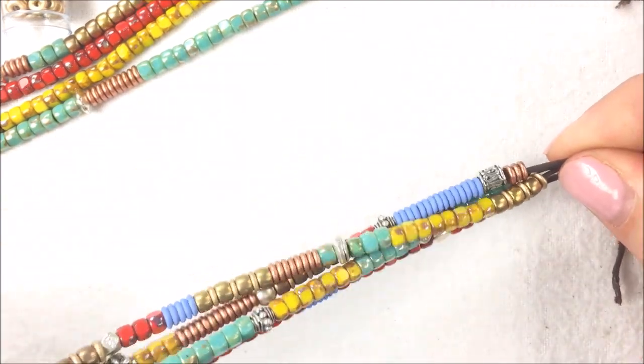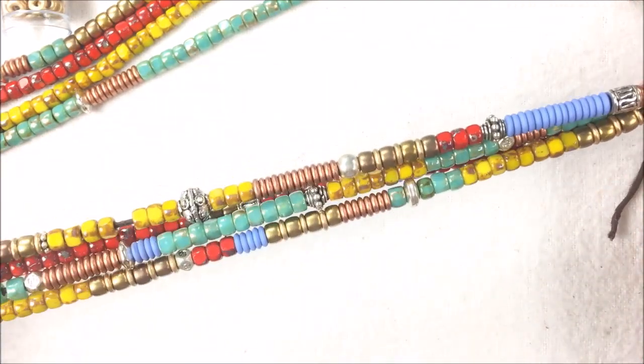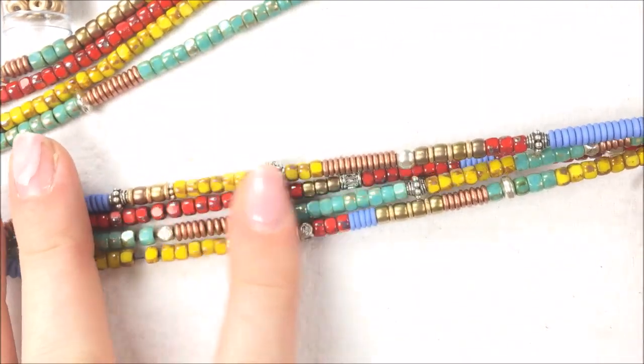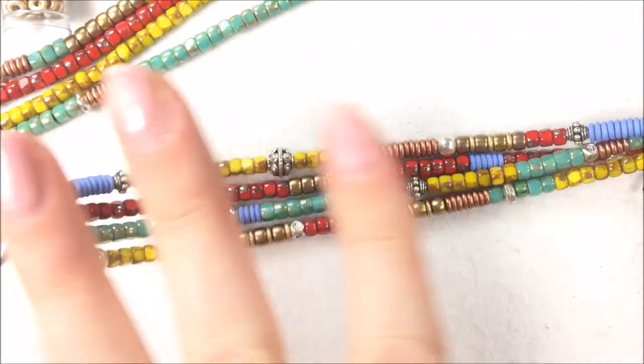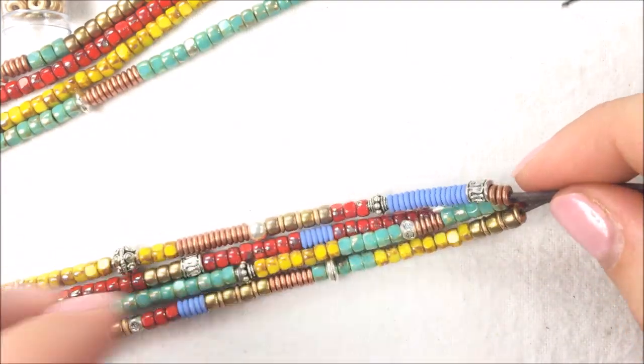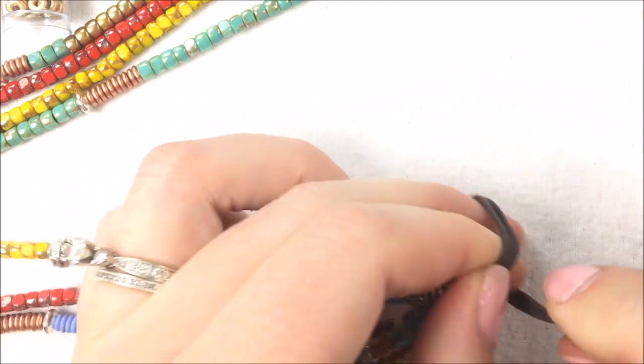I want the beads to be able to move a little bit up and down because it is a beach bracelet, as we're calling it. I want the beads to have a little bit of freedom on the strand, not to be super tight, but just to move around a little bit. That being said, I'm going to tie a knot after the beads. I'm going to tie this knot